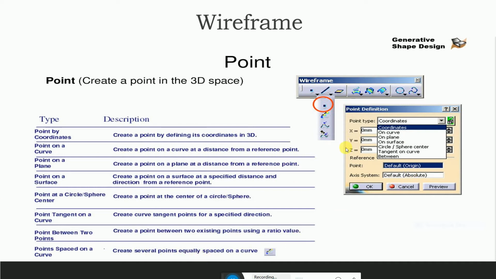So these are the point options. When you click on the point option, different options are visible. This tutorial will help you when you are designing any geometry with the help of a point.